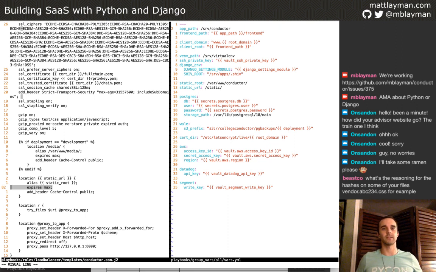Expires max is a shortcut in Nginx that says to add a cache header that is so far in the future that it's effectively forever. That's not quite true. It's like a year or a couple of years or something like that. But for the amount of traffic that a site gets and the lifetime of a file, you can view it as forever. If I didn't have the hashes on those assets, what would happen is,